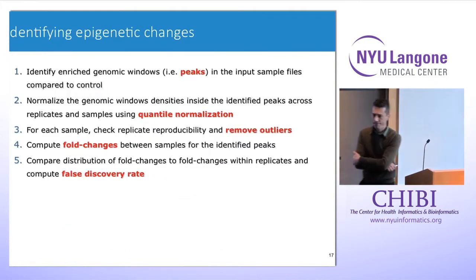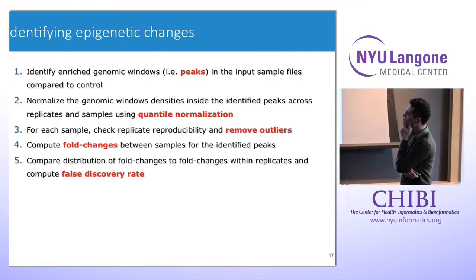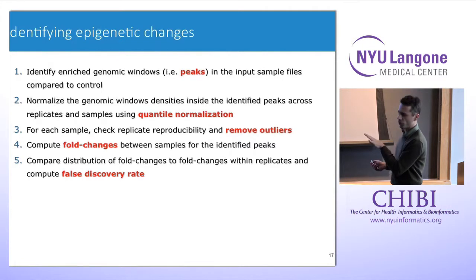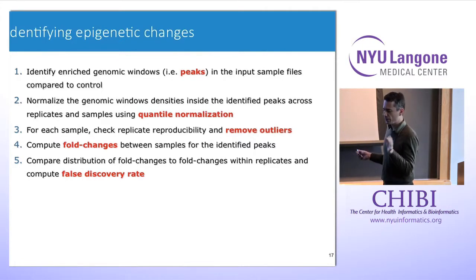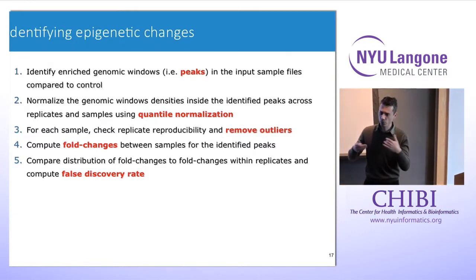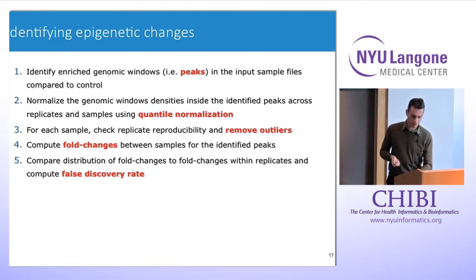Yep. So you first do the fold change, some kind of cutoff, and then you do the false discovery rate on those? There's no cutoff. You compute all fold changes. You do all fold changes, and then basically I'm going to get into details. You compute the distribution of observed fold changes to some randomized control, or not necessarily randomized,